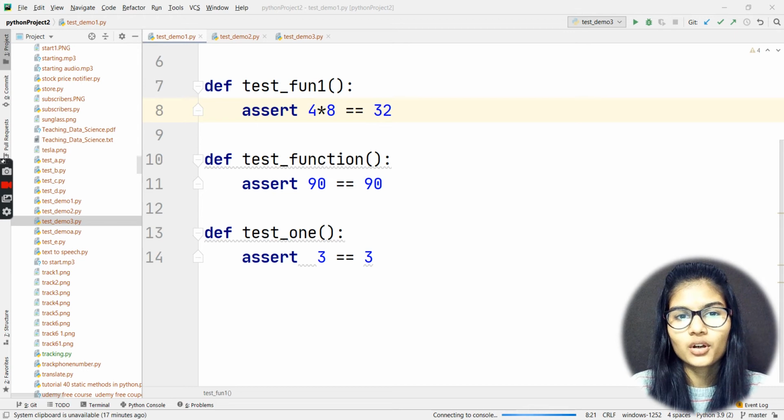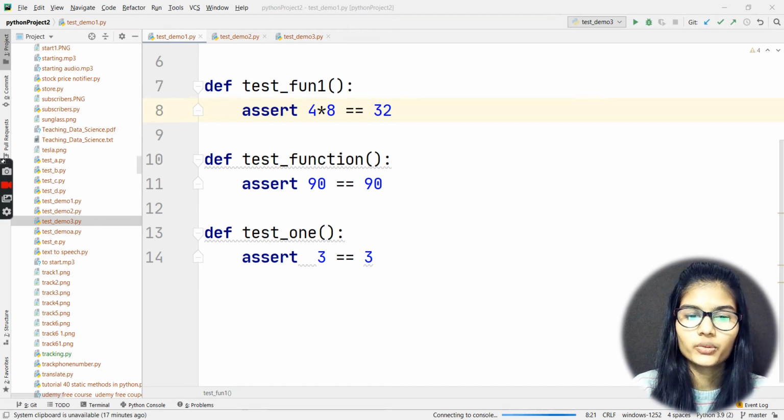So right here we just saw in the previous video regarding the markers, right? What are markers and how do we make the markers. Now in today's video we are going to see the practical implementation for making the markers, and how do we use that, how do we run that, everything I'll be covering right here